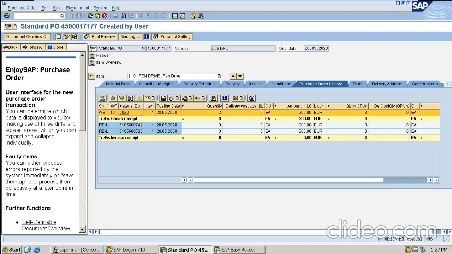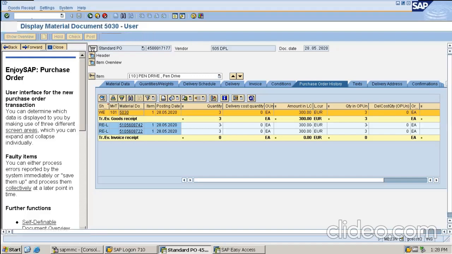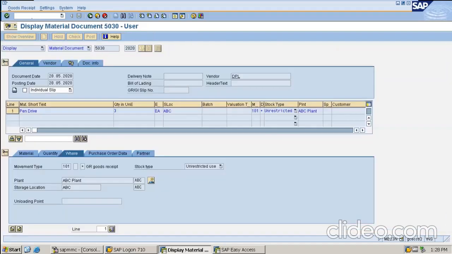Now I am going inside the material document. I have just clicked on the material document number, thus it will open up the display of the material document. It will directly take me to the MIGO screen wherein the material document would be displayed.